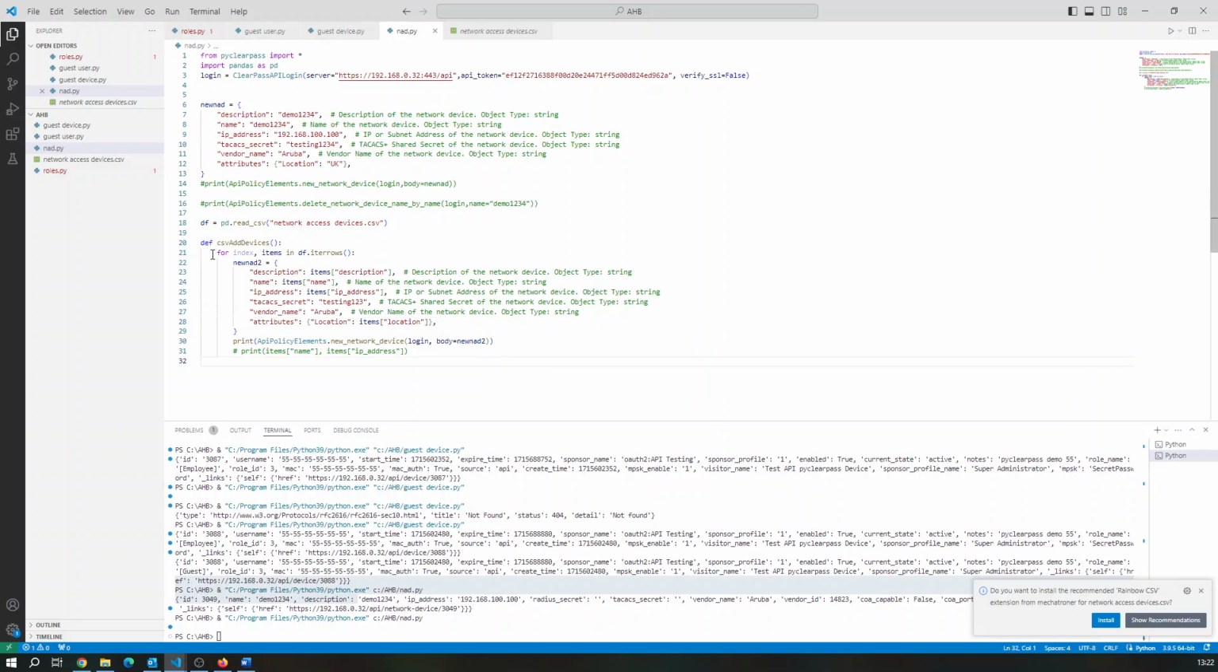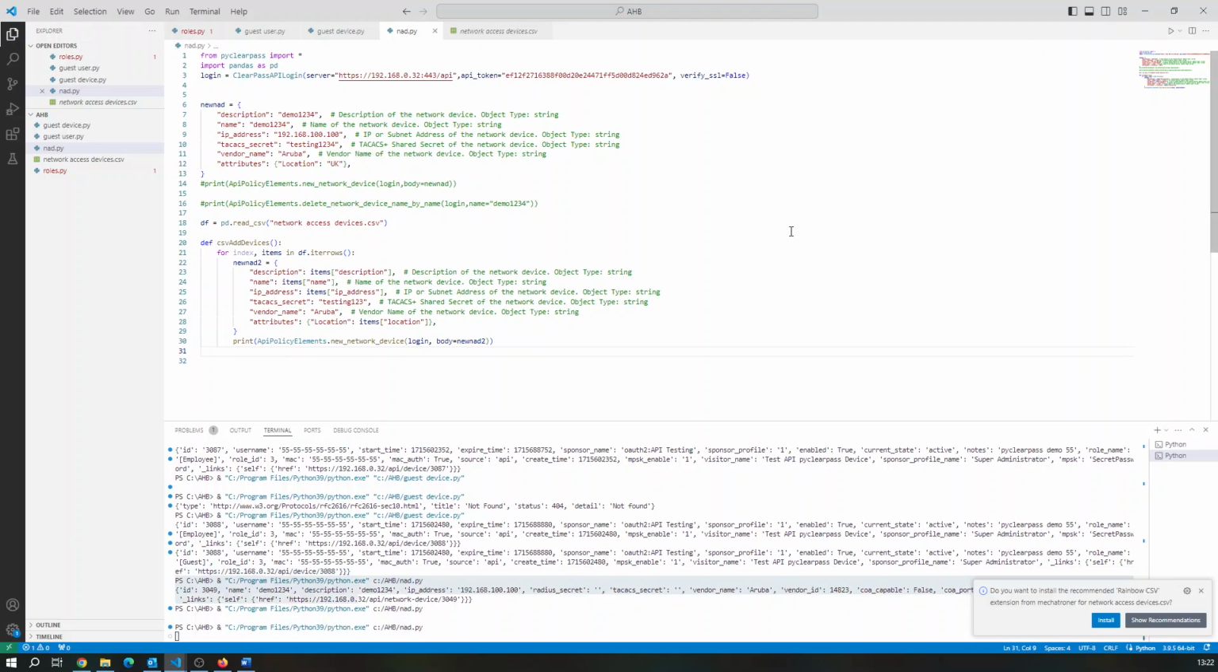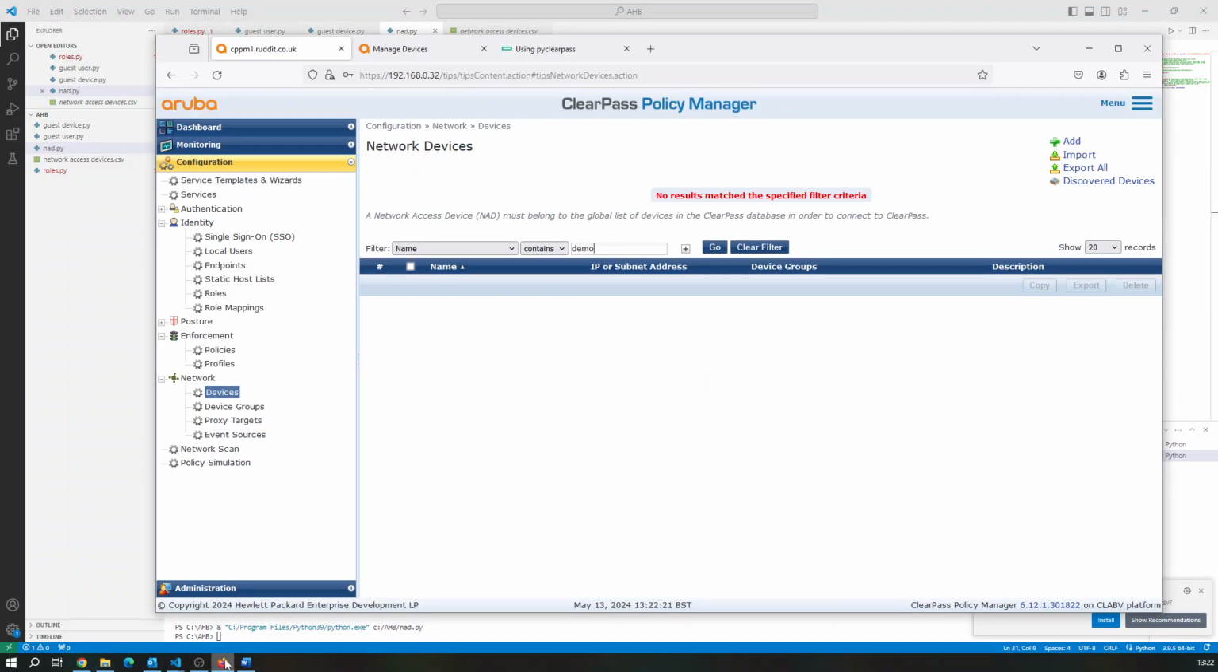And then once it loops through each line, we're going to print onto the screen that we're creating that new NAD as well. So it will create the body and then add that particular device in. So let's try that out. Okay, save. Let's press play. And then these were called demo. Okay, so if we pop open up to here,